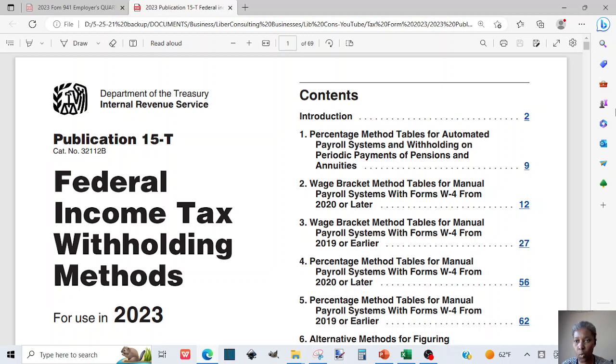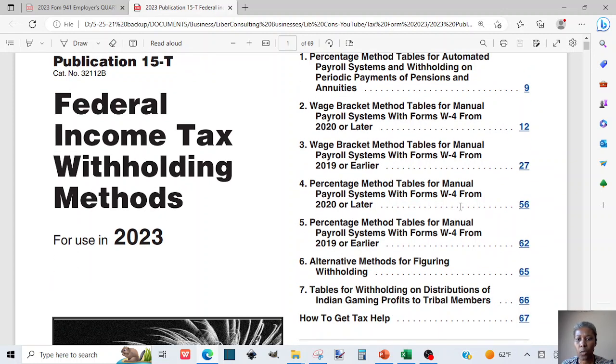and there are multiple methods in this publication, but we are going to focus on the wage bracket method table for manual payroll systems for Form W-4 2020 or later, and that will be Section 2. But there is a percentage method table that you can take a look at as well. But in this video, we are just going to focus on the wage bracket method, and it works if you